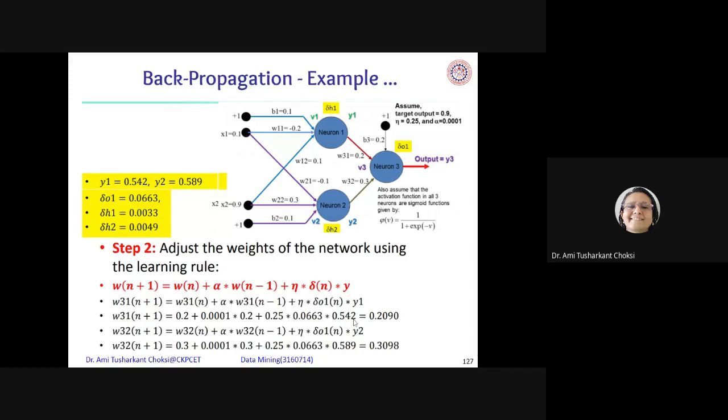We need to find the W32. Where is W32? That is this one. Okay, so what is that? Just now it is 0.3. So we'll apply it at 0.3 and find the next level of W32, right? So that comes out to be 0.3098. Now, all the things whatever we are having, that also we need to put, and then draw the figure and proceed further.